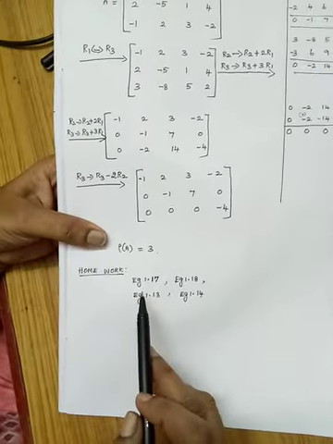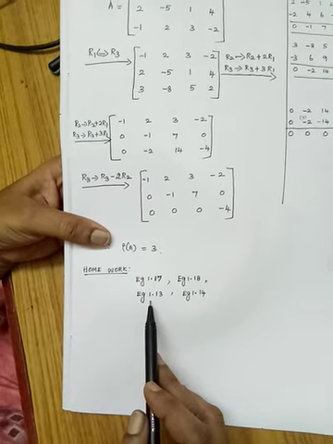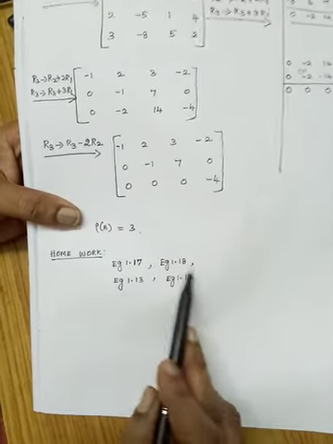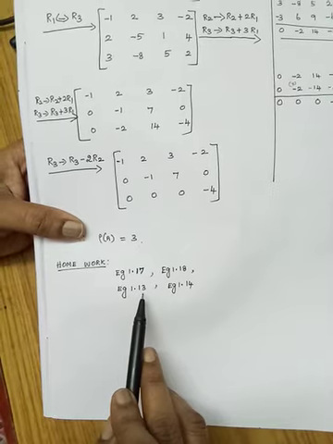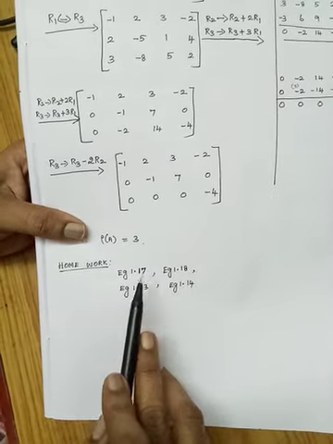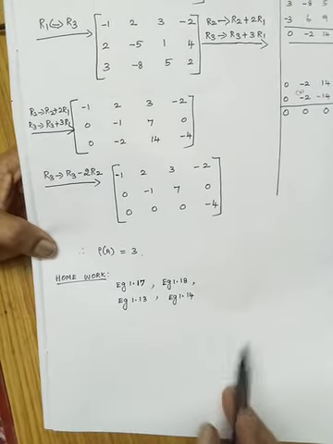Okay. So you can do homework: example 1.17, example 1.18, example 1.13 and example 1.14. In these 2 problems you have to reduce the matrix into echelon form. In this problem you have to find the rank. Okay, refer to your book and do the 4 problems as homework.